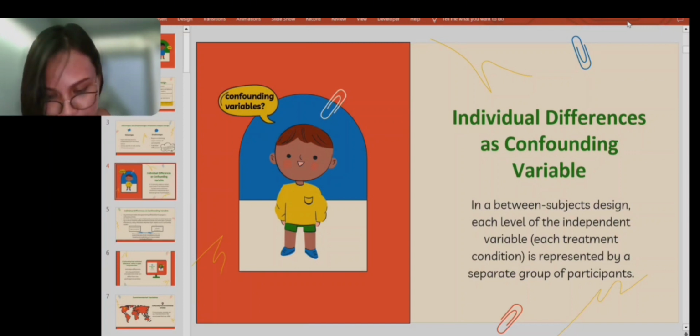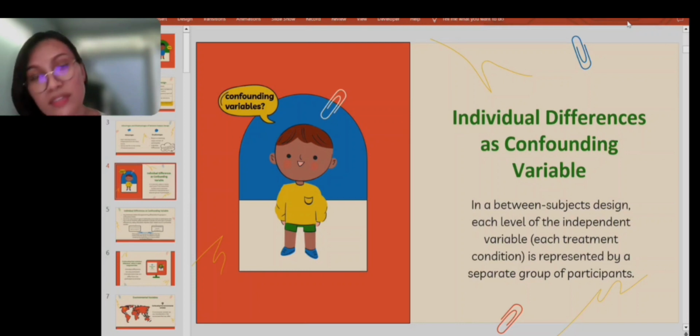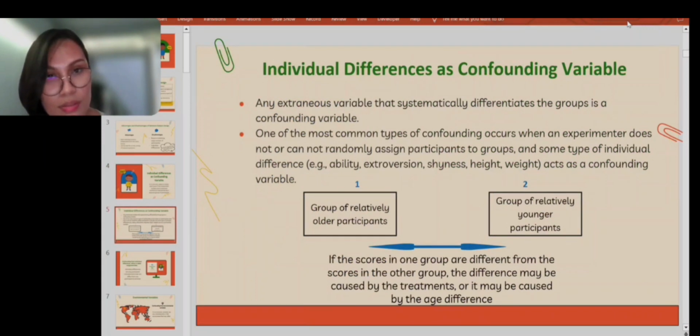with this. Individual differences are unique traits, characteristics, and experiences that distinguish one person from another. These individual differences can often act as confounding variables that interfere with the interpretation of results by obscuring the true effect of the independent variable under investigation. So, individual differences as confounding variables. This is an extraneous variable that systematically differentiates the groups, which makes it a confounding variable. One common type of confounding